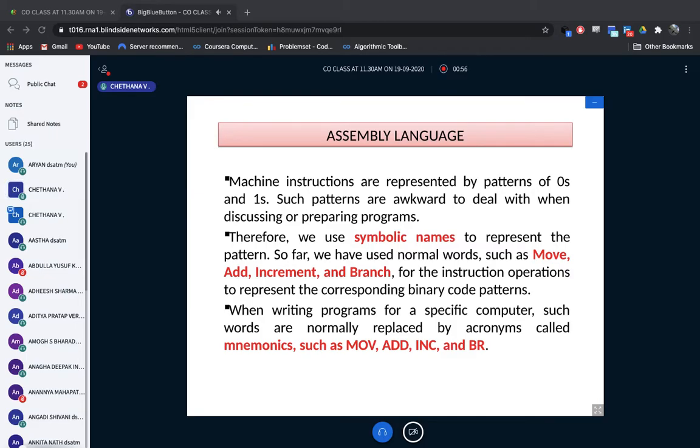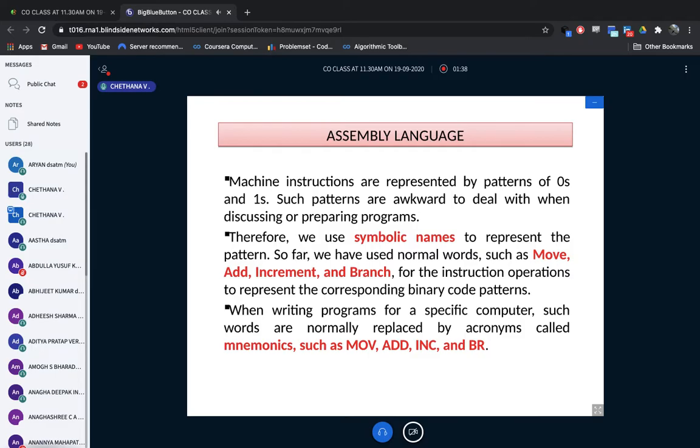Rotate: logical rotate towards right, logical rotate towards left, right? So those instructions we have done in the previous class. Okay, so in today's class we are going to take some assembly level language instructions. What does assembly level language consist of? A small introduction. We are not going to study all assembly level language and coding, only a few basics, the codes we use in assembly level language as a beginner.